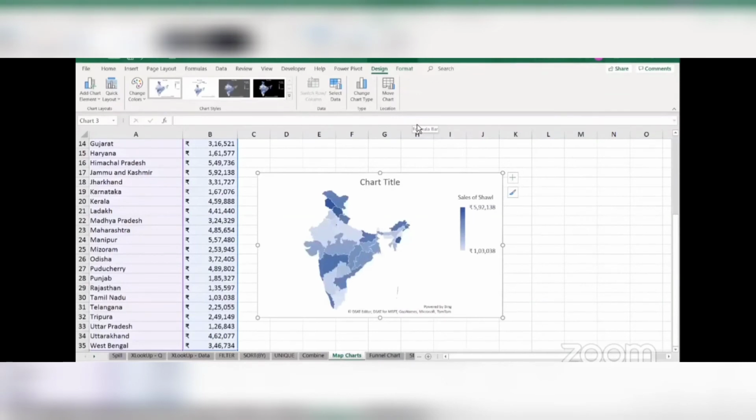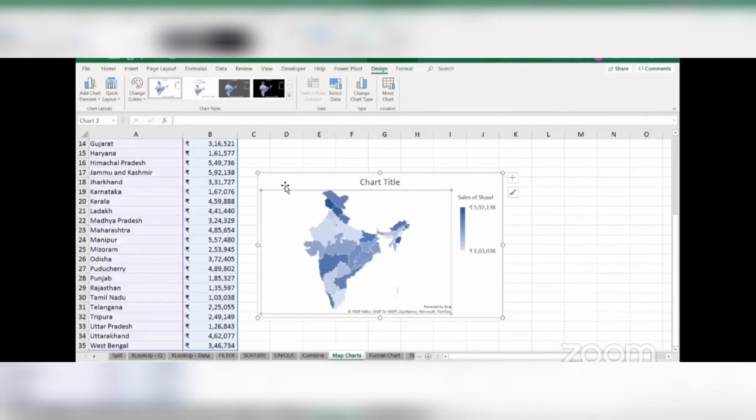Here is Excel being super smart. It goes to the data and understands what type of data you have. It's geographical data, and that too of Indian states. So it won't show you the map of Pakistan or USA. It will show you the map of India and India only. If you had the data for USA, it would show you the map of USA. So it's basically going to read your data and make a map accordingly. And once it does that, you can easily understand how your sales are in different parts of your country. So if I ask you what the sales for Gujarat are, you can simply hover over Gujarat and easily understand that the value is 316521, right?